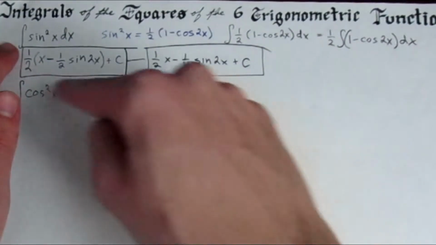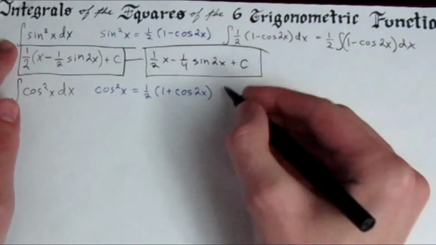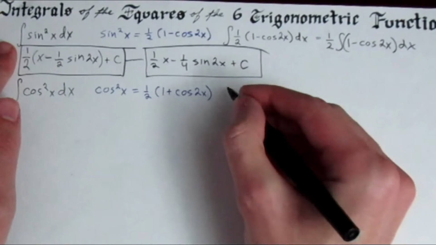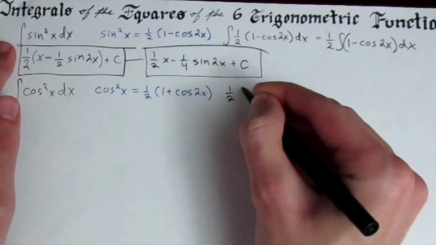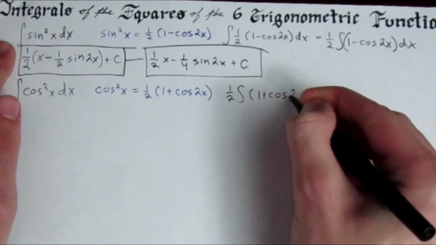So I'll substitute that in, and now I'm going to factor out that 1/2: 1/2 times the integral of 1 plus cosine of 2x